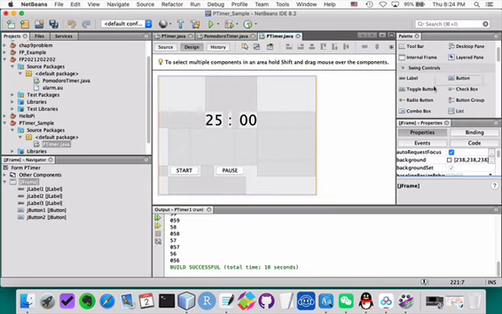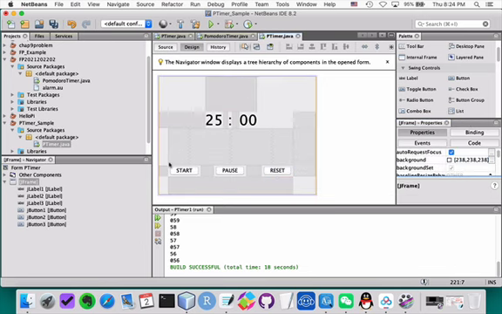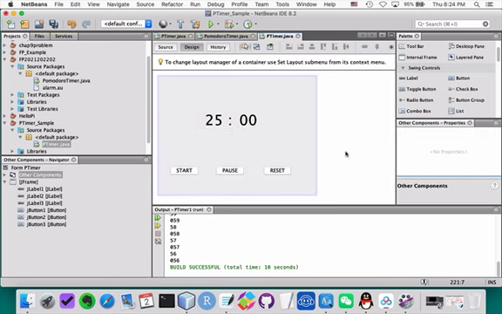And a third button below the time, I rename it as reset. So we have 3 buttons now below the time: start, pause, and reset. But now they don't have any functions, but we have already finished the interface for our Pomodoro timer, so we can check